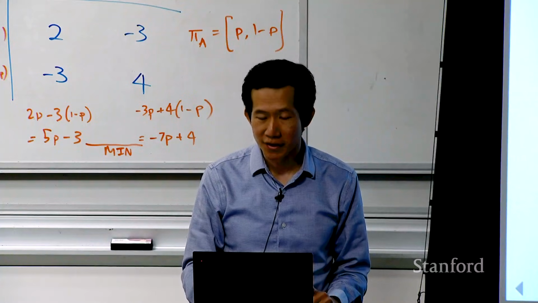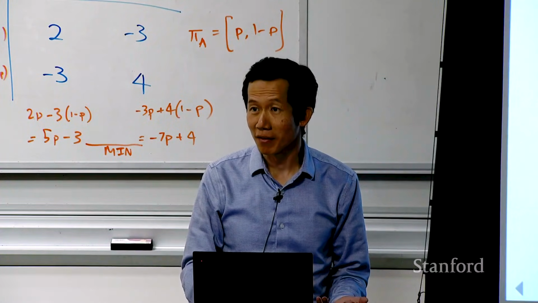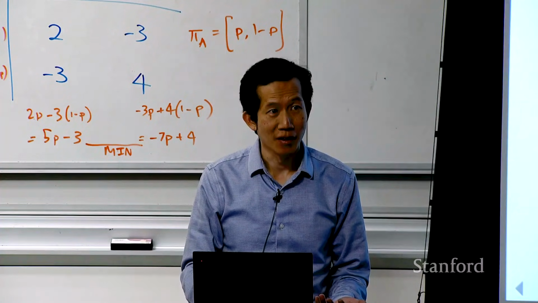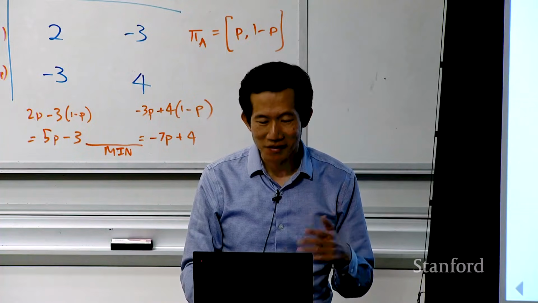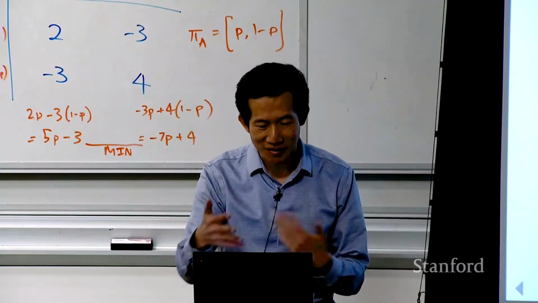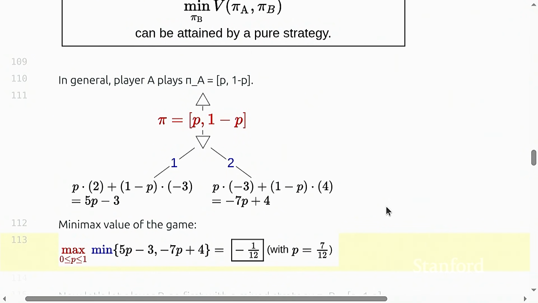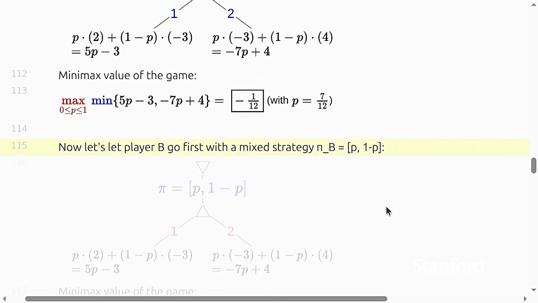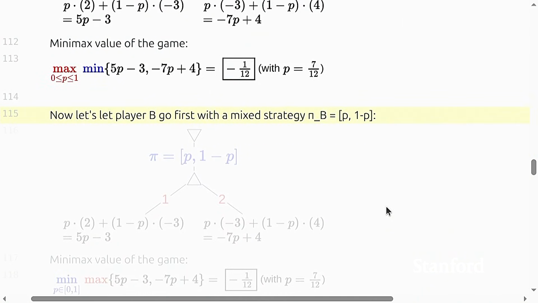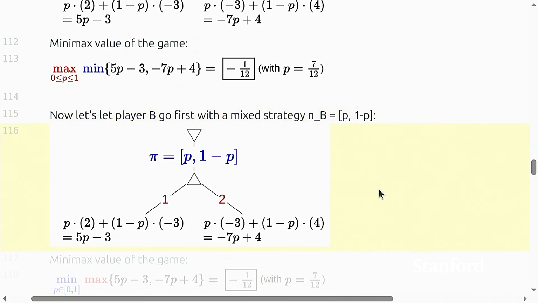So this favors player B, right? Because player B goes second. So now, just to be fair, let's give player A a chance to go second. So now let's let player B go first and do the same calculation. And if you do it, which I'm not going to do again, you're going to notice something remarkable that happens,